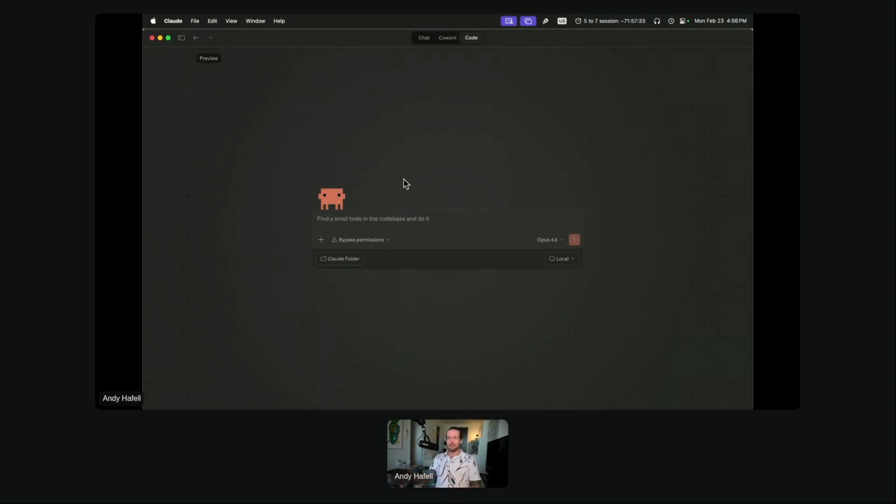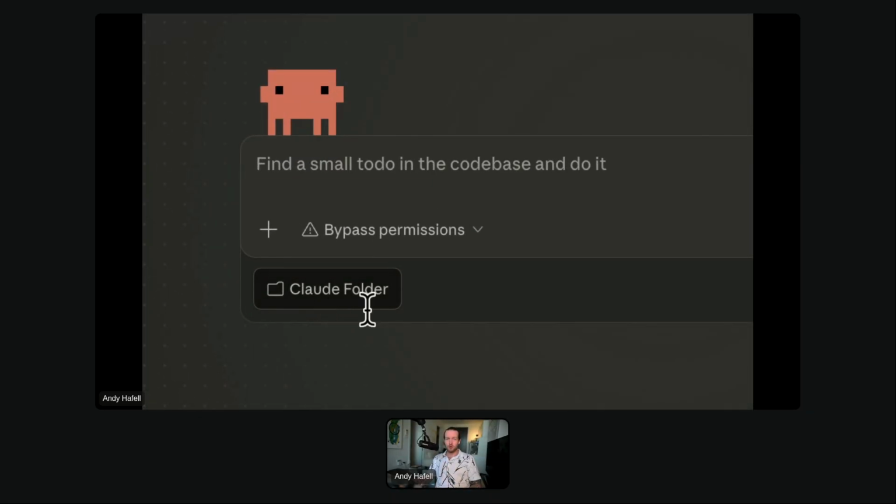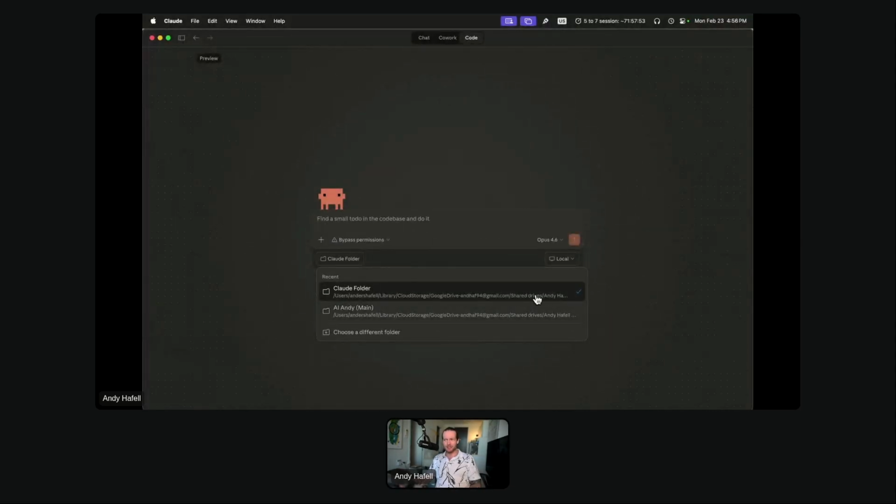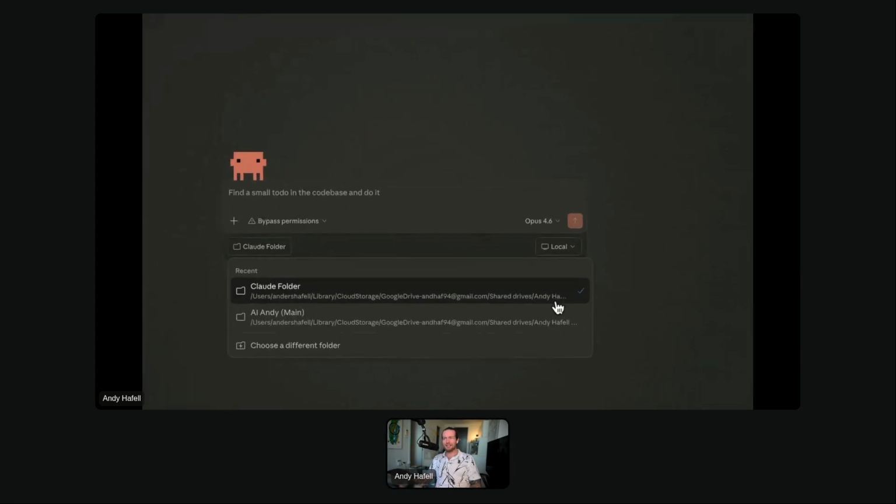There are two things you need to do in order to get the most out of it. Number one, you need to create a folder in the bottom here. I've called mine Claude folder. Mine is actually in my Google Drive just so I can access it from other sites as well. But you can just use a local file on your computer, or you can just store a Claude folder on your desktop and use that. The most important thing is that you give it access to a folder so it can make new folders, make new files, and stuff like that.